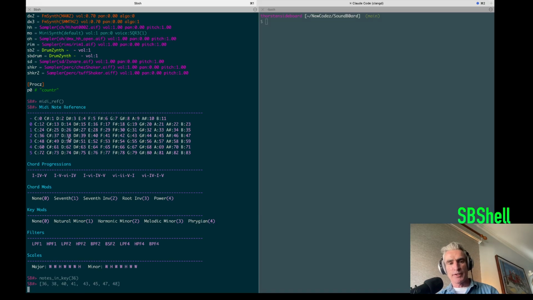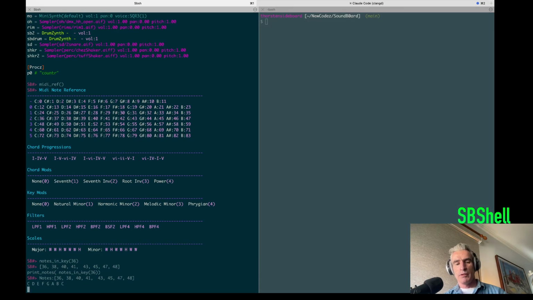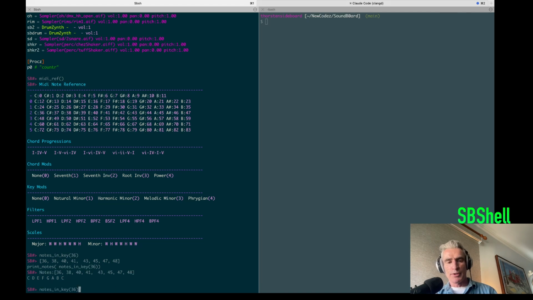And so we get 36, 38, 40, 41. You see, there's also, just in case you do want to check, it will give you an output in text just so you can verify if I haven't made mistakes. There's also key modifiers which are listed here. So without any modifier, we get